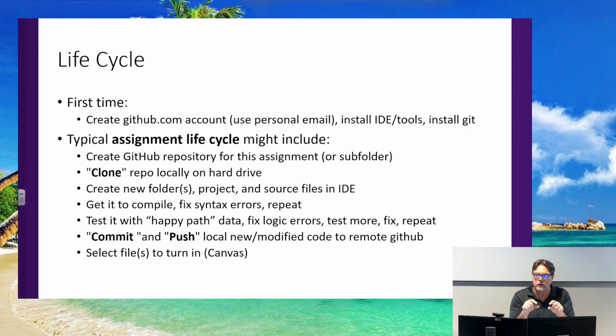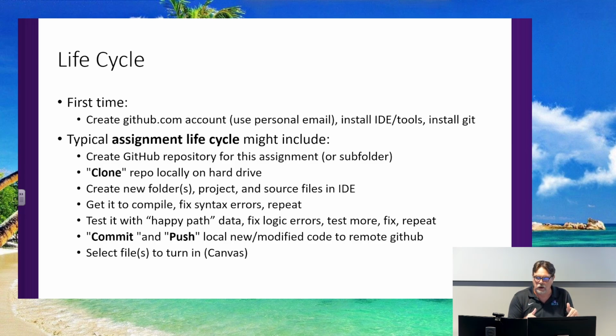But when you say git commit, you're saying, okay, I think I got this okay, but I'm going to go make a bunch of other changes, and I don't want to lose this point right here in the code. So in case I get a bunch of changes and I'm like, no, I don't know what I was thinking, I want to get rid of all that and go back to what I had, you can revert to this commit point. So you can make a bunch of changes, commit them, make a bunch more changes, commit them, as many times as you want here locally on your machine.